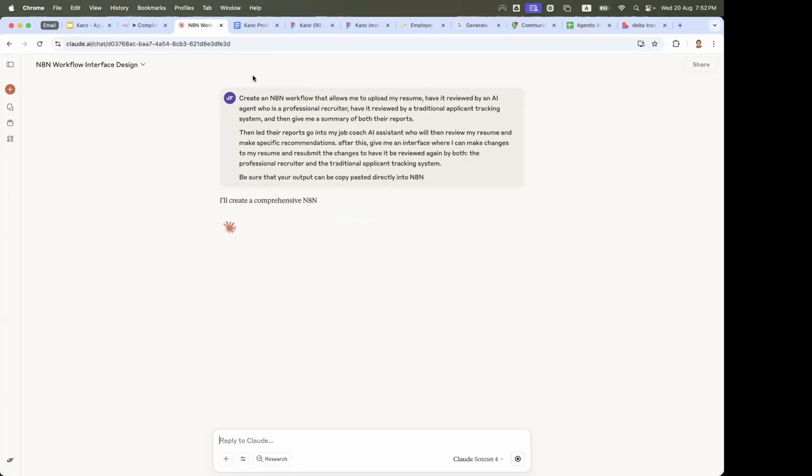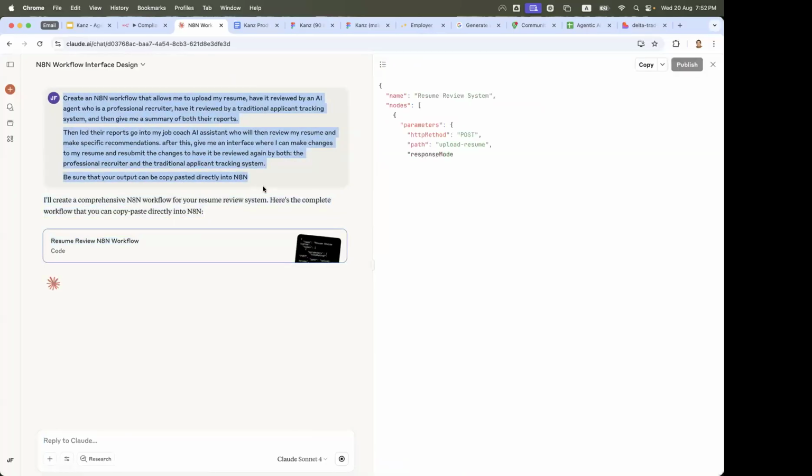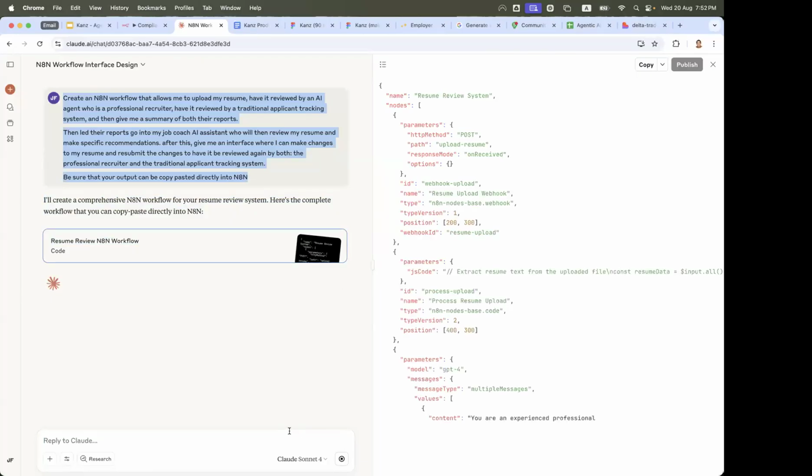That is a cool prompt. I'm going to share this prompt with you here in the chat. Try it yourself. It can be one of the projects that you want to build.